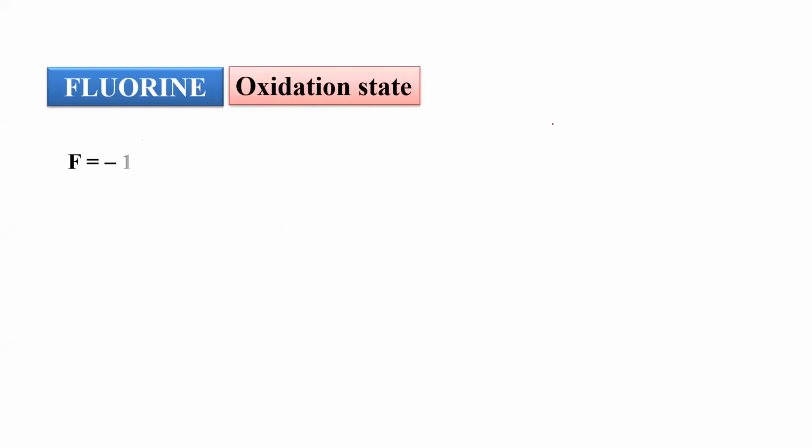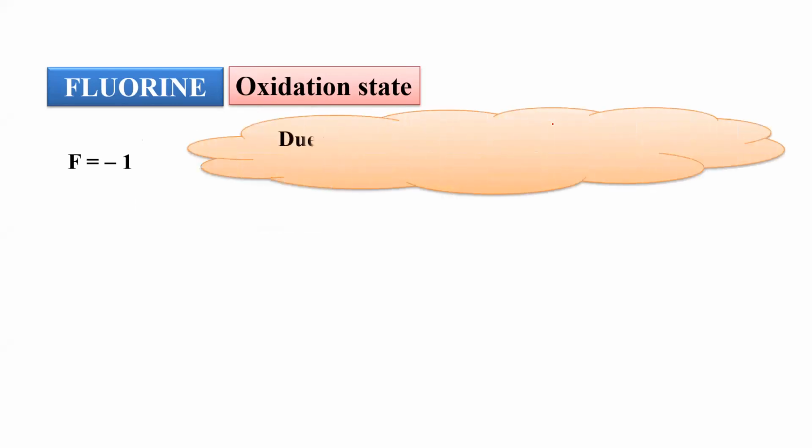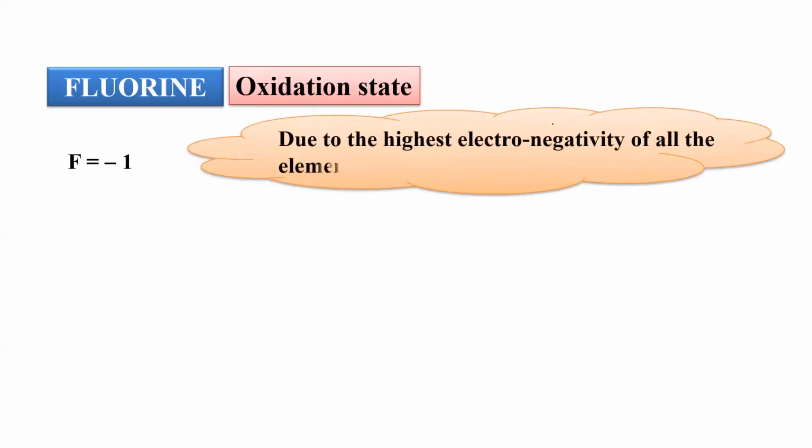Now, fluorine behaves differently because it has no d orbitals, right? That's why it can't exhibit oxidation states up to +7. Chlorine can exhibit up to +7 because it has d orbitals. Bromine can exhibit up to +7. Iodine can exhibit +7 in IF7. I hope you are clear. So fluorine has only one oxidation state. What is that oxidation state? -1. It cannot exhibit a +1 oxidation state, whereas the others exhibit +1. Why? Because of high electronegativity.